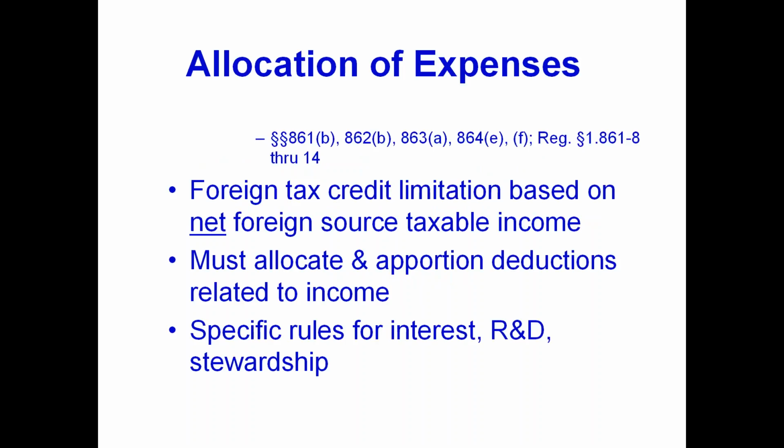The code is quite terse on allocating and apportioning deductions. The rules are scattered about, and I've listed some of the references in terms of what is required, and basically the code leaves everything to the regulations. The regulations are under 861-8 and a number of subsequent sections. They run about 150 pages in the printed hard copy version that I've got, where the print is very fine